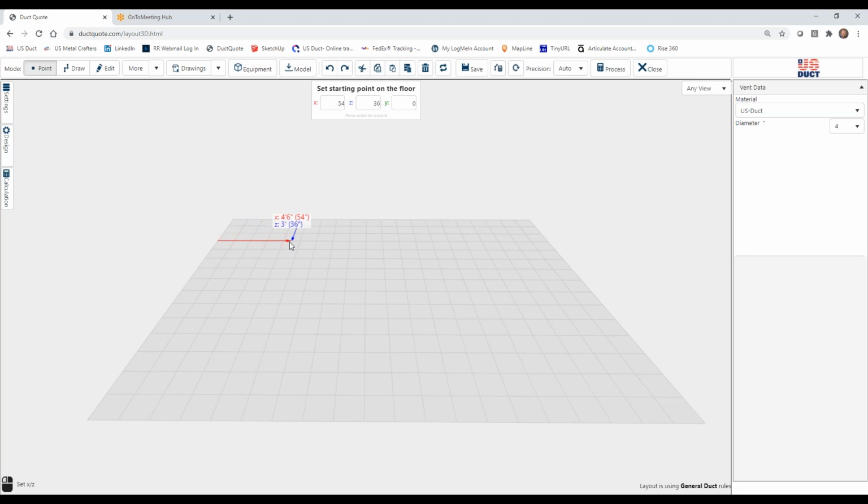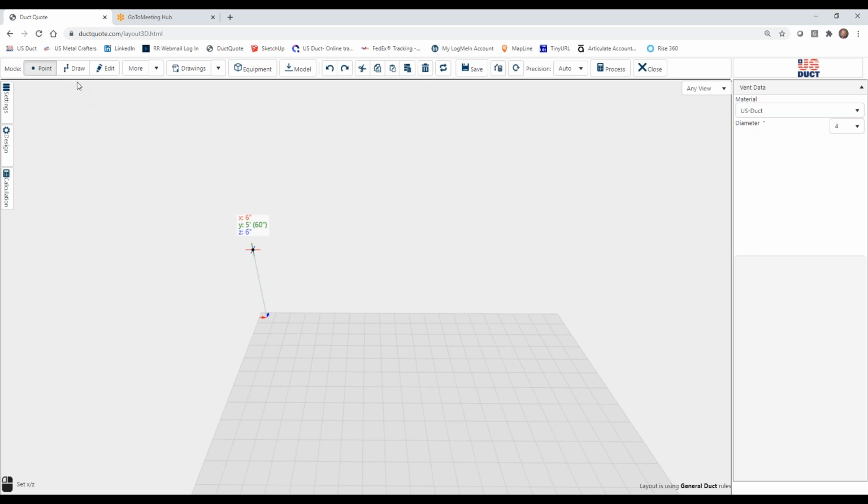You'll notice that the X and the Z coordinates are actually showing themselves as I move around on this grid. So we can move off here into the corner. I'm going to click there just at 6 inches by 6 inches, right there in the corner. And then I can move up. I'm just going to start this at 5 feet. And I click a second time, and that gives me a starting point. If I now select draw mode,